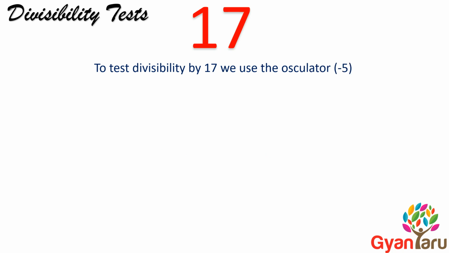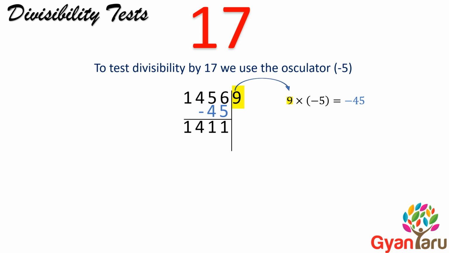Divisibility test of 17. To test divisibility by 17, we use the osculator -5. For example, in this number, the last digit is 9. We multiply 9 by our osculator -5. We get -45. Now subtract 45 from the remaining number. We get